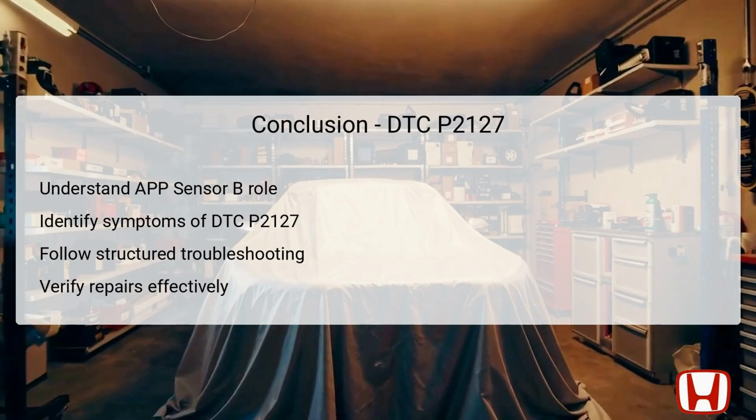leading to accurate diagnoses. Properly verifying repairs is essential for confirming that the issue has been resolved before returning the vehicle to the customer. Lastly, adopting preventive measures can prolong vehicle health and performance, mitigating the risks of future DTC